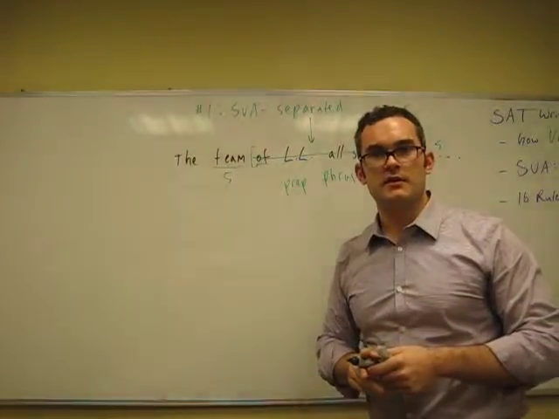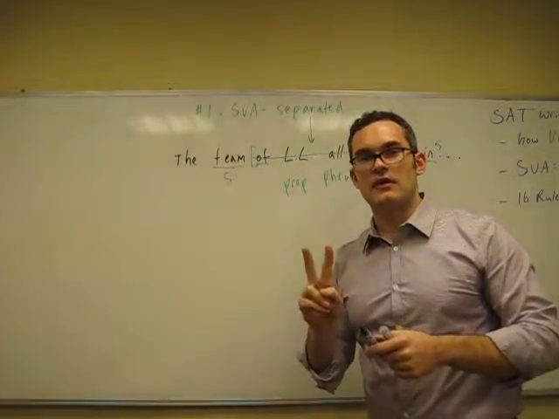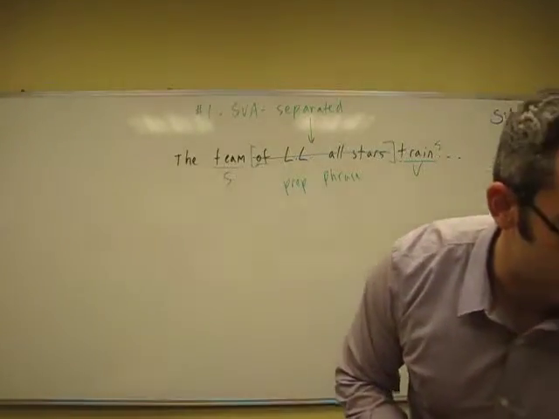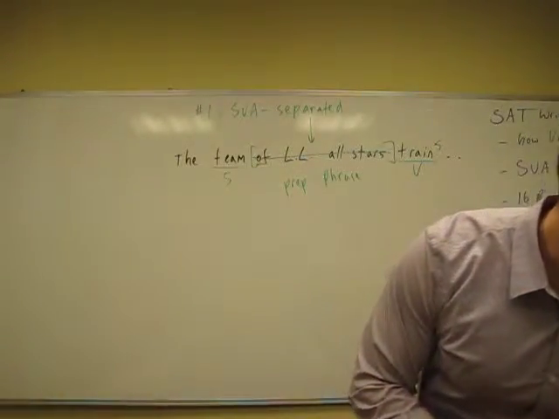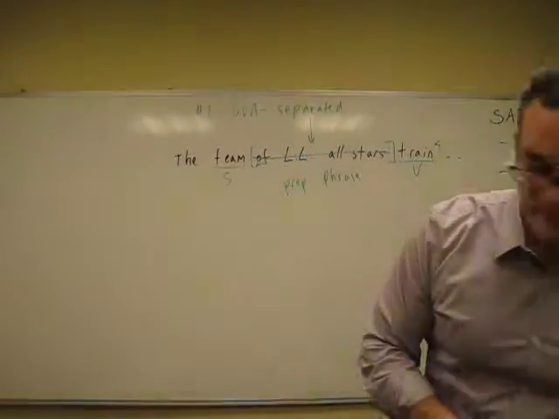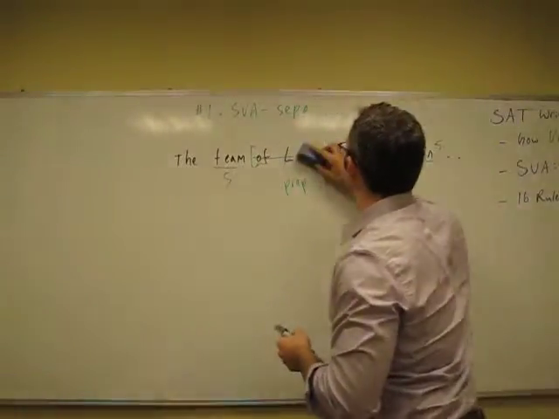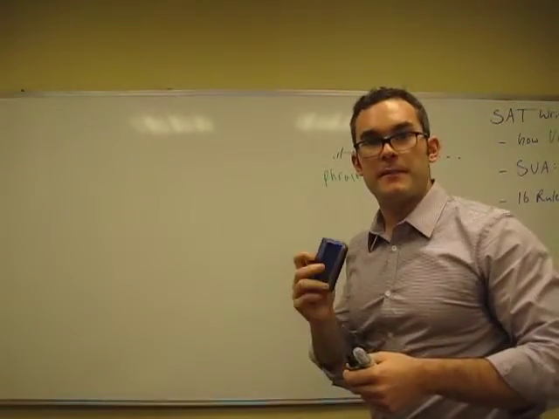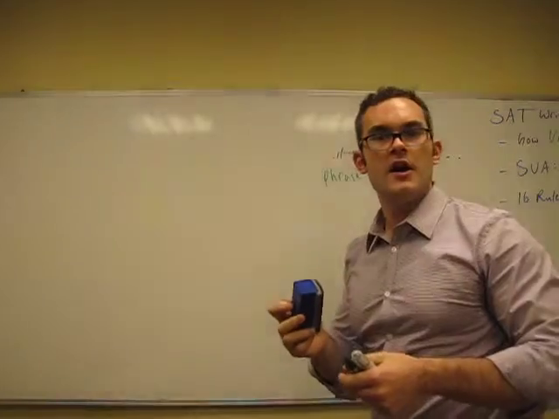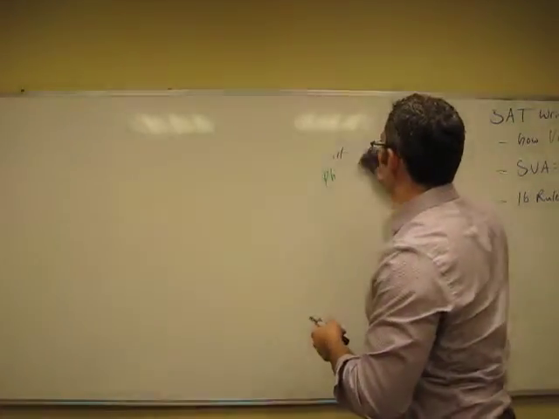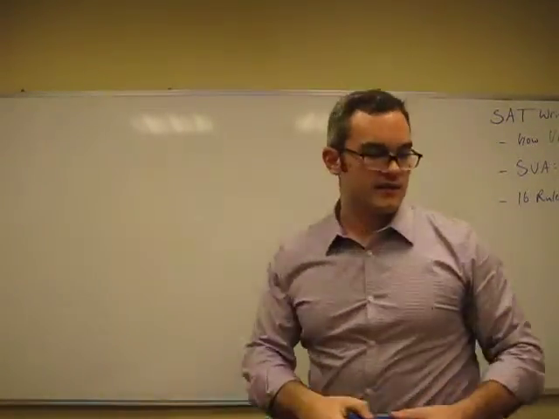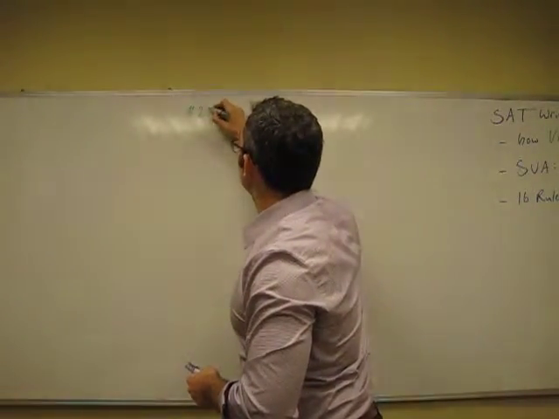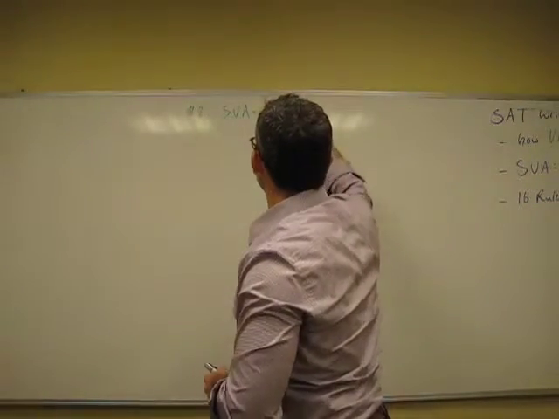Now let's take a look at the second rule related to subject-verb agreement and see how it's different. Rule number 2 is called subject-verb agreement, verb before subject. Now oftentimes this rule is going to have the phrase there is or there are. And we definitely want to train students to pick up on this phrase, there is or there are, to recognize this error. But the example I'm going to use works just as well. It's from the book, the second example, and it doesn't have there is or there are. So this is rule number 2, subject-verb agreement, verb